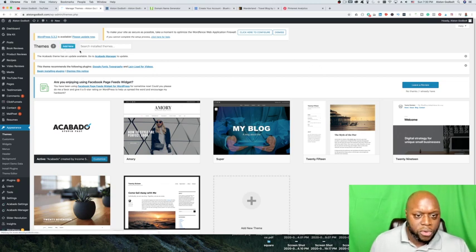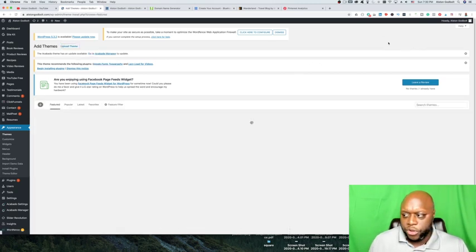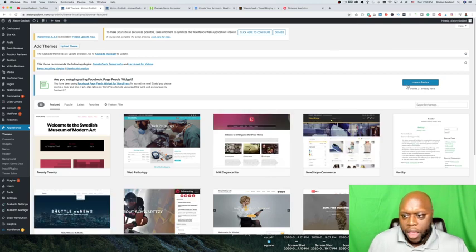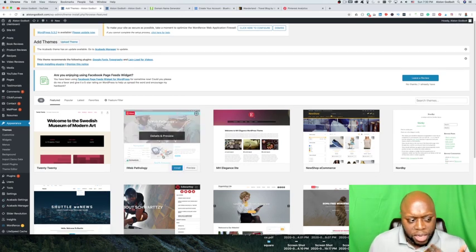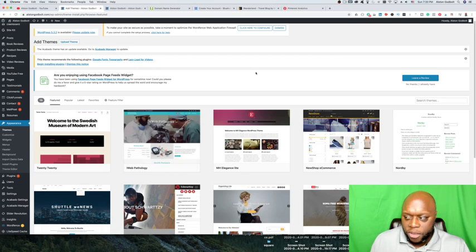You just go to add new, and then most likely it's going to be in your downloads folder on your computer, and you're just going to import it. As it says here, upload theme, go through the steps and upload it. Once you upload it, you'll want to do the import. The import basically will make it look exactly like how it looks over on ThemeForest, and then you just modify it from there. The next step that I recommend that you do is I recommend that you go and install